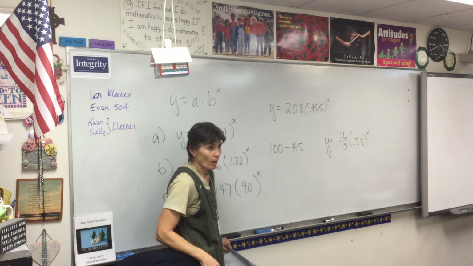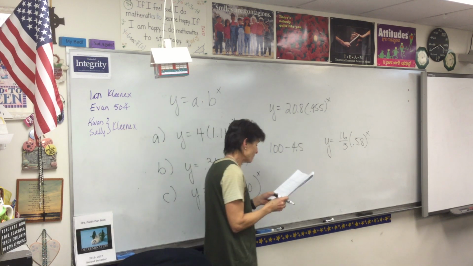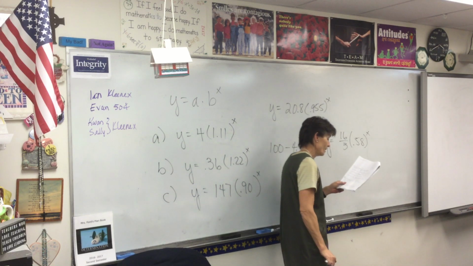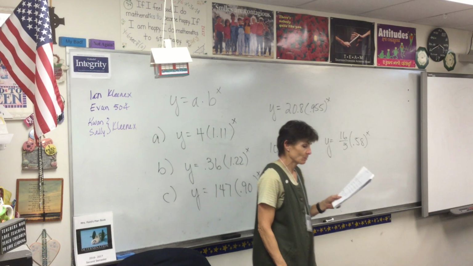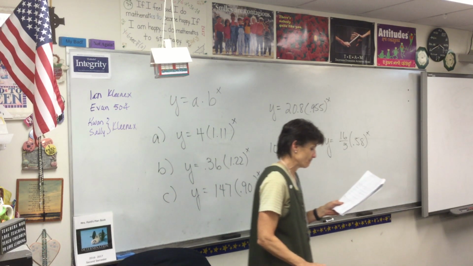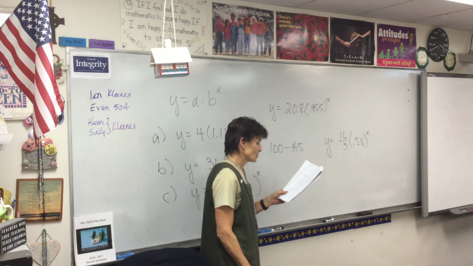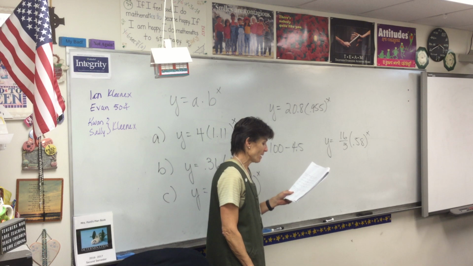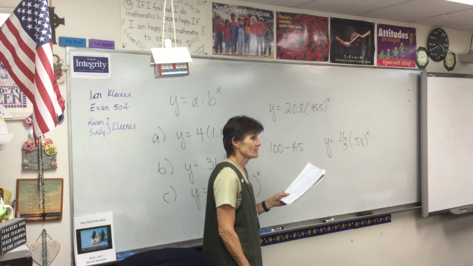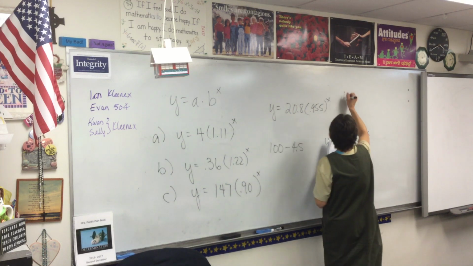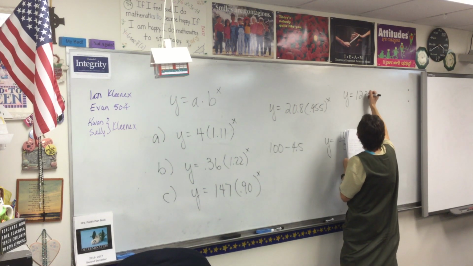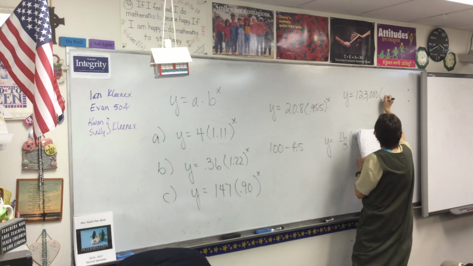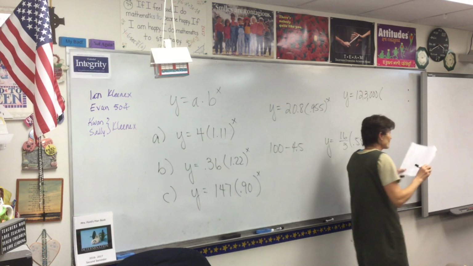So now we're going to do a problem. The population of Keltville was 123,000 in the year 2000. It decreases 2.5% each year. What is its population in 2010? Is the initial 123,000? So we're going to write our equation to be 123,000. Now we're decreasing